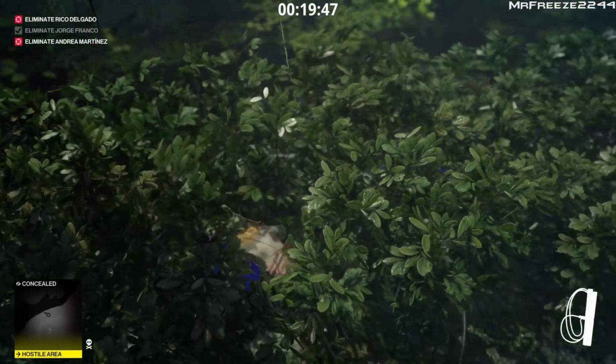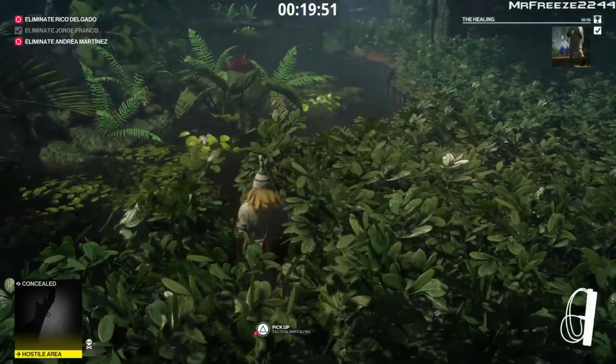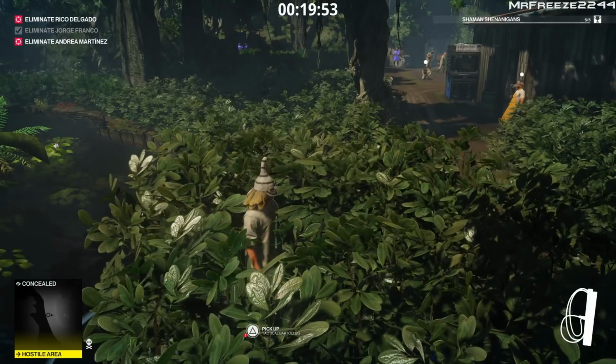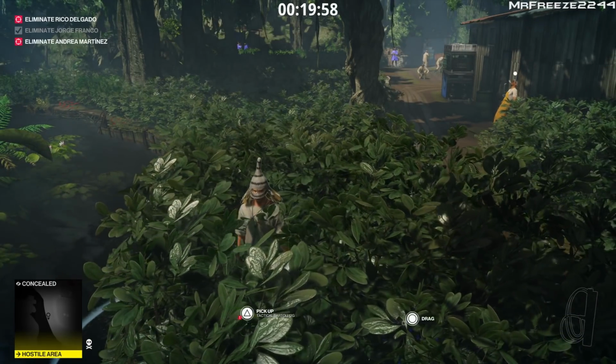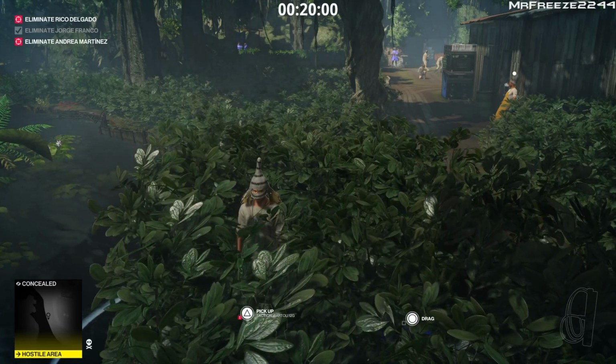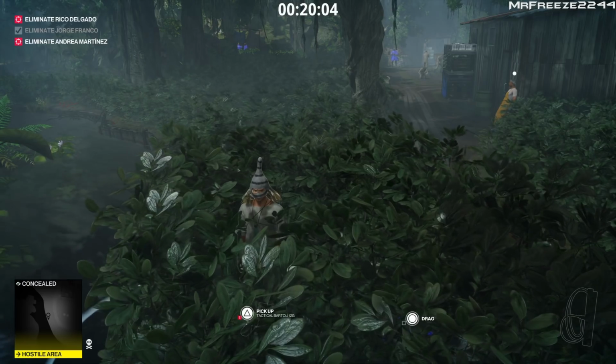So once you've firewired your final guard, you will have the healing challenge completed at the top right corner of your screen, and that will complete all the challenges. So you'll have the Shaman Shenanigans pop up for you as well. And that will unlock the Shaman Powder that you get as an unlockable weapon. And if you're all wondering how good that is, well,